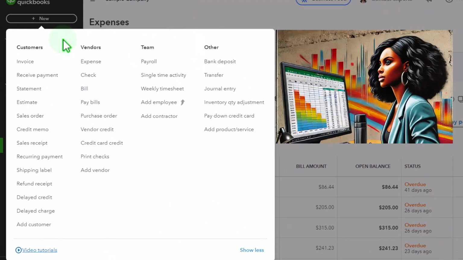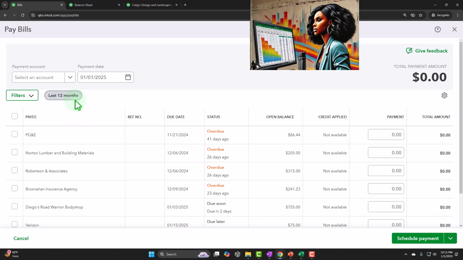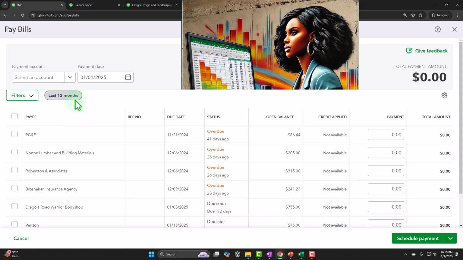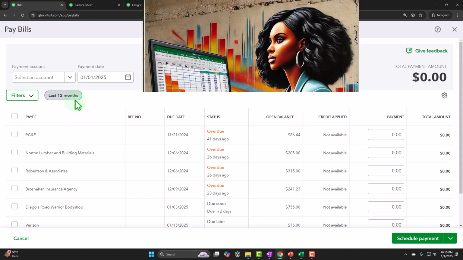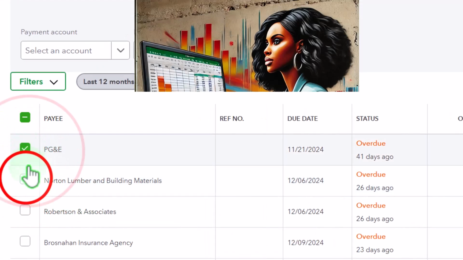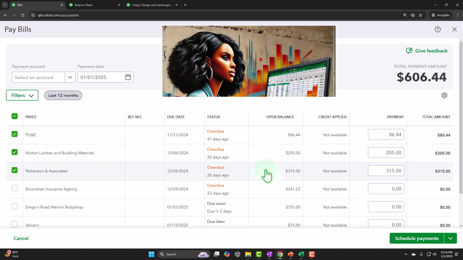Hamburger, the plus button under vendors, and then pay bills. Okay, so notice that this form is just like all the other forms, except that we can actually pay multiple at the same time, right? I can check multiple of these, so I might want to pay all of the overdue items, which would be